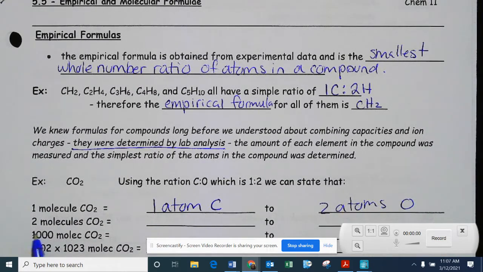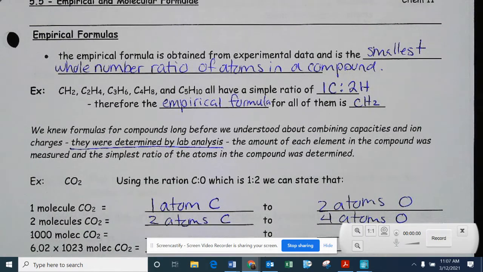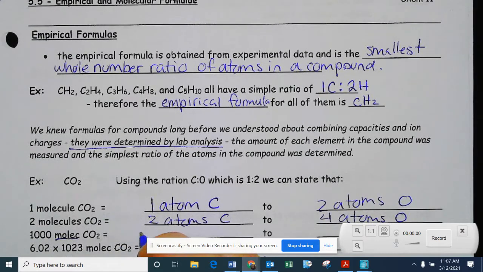And then in 2 molecules of CO2, we have 2 atoms of carbon to every 4 atoms of oxygen. We're just going up with this 1 to 2 ratio. In 1,000 molecules of CO2, we're going to have 1,000 atoms of carbon